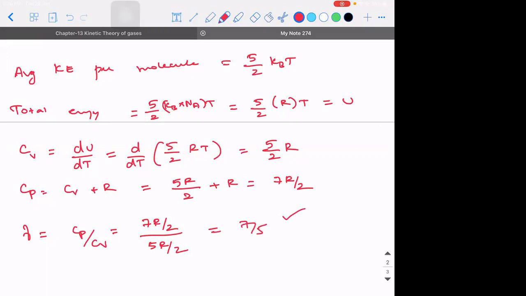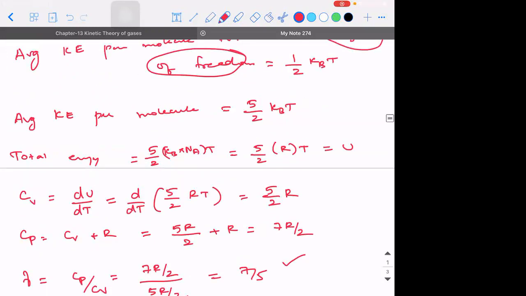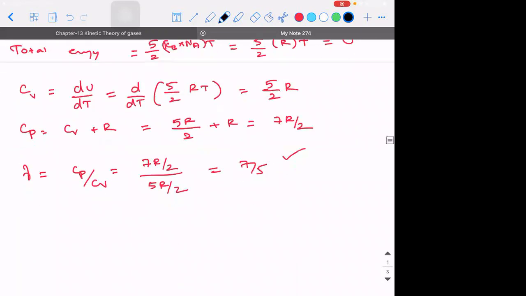Am I clear? So whether it is monatomic, diatomic, triatomic linear or triatomic non-linear, what is the only step that is going to change? That is going to change the whole story. It is the second step. So this half into Kb into T should be multiplied with what parameter? The degree of freedom, sir. That's it. Now are you guys ready to do it for a triatomic?